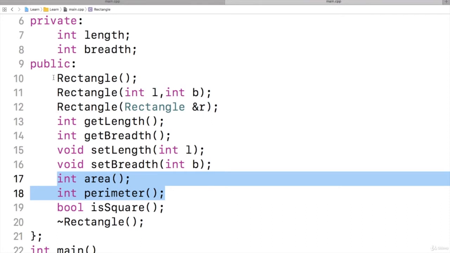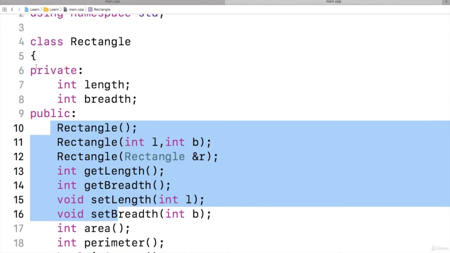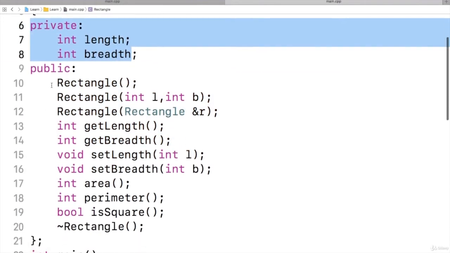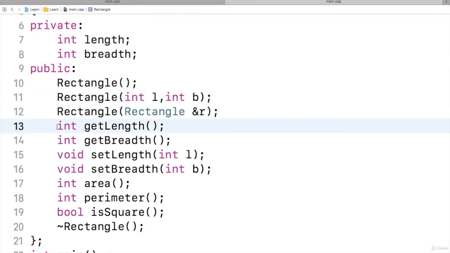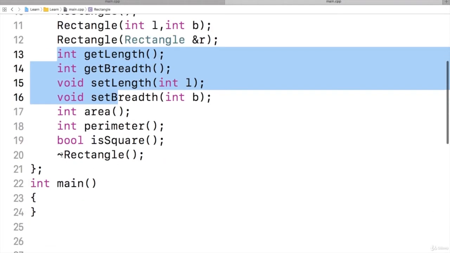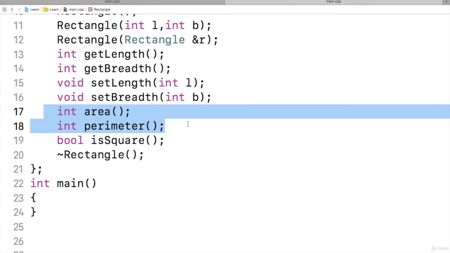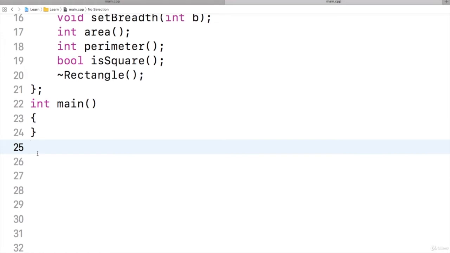And mainly these constructors and accessors or mutators are because of data hiding, because we made the data as private. So for initializing, at the time of creation of an object, we have constructor. Later on, changing the value or knowing the value, we have accessors and mutators. And this is for clearance of an object, that is deallocation of object, we have destructor. And primarily we have these two functions that are required for a rectangle. Now how to implement them? I will try to implement them after the main function.